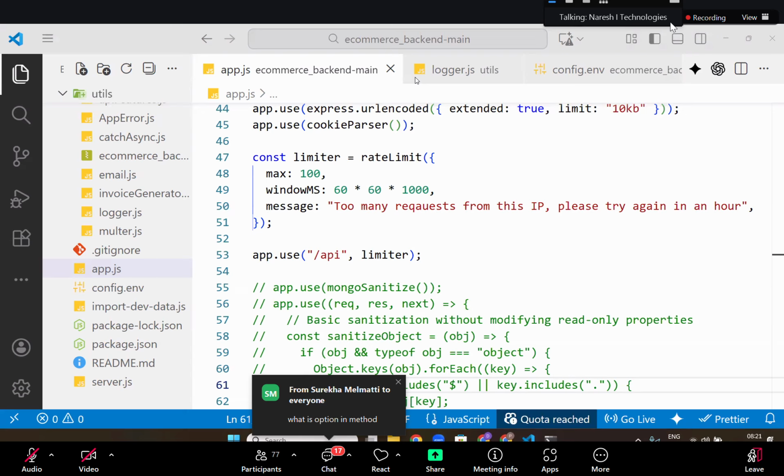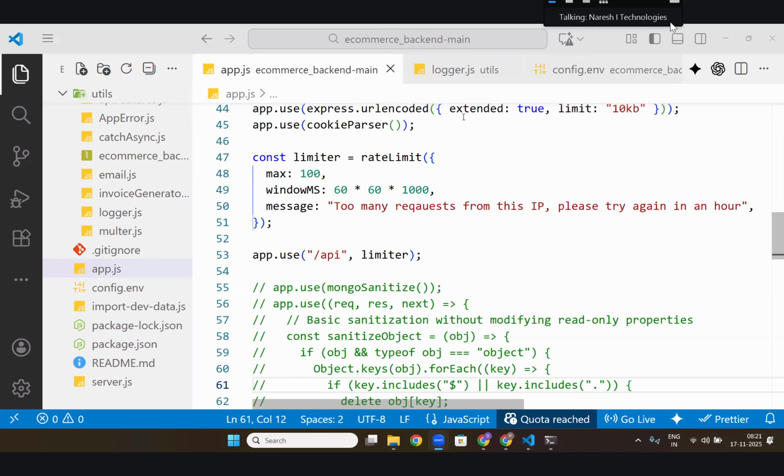Online, any doubts? What is the options method? When you are sending data, you can do different kinds of requests: get request, post request, put request, delete request, patch request. Similarly you can do an options request, which is used to send the data only but not expecting any response. It will just send the data but is not expecting any kind of response there.